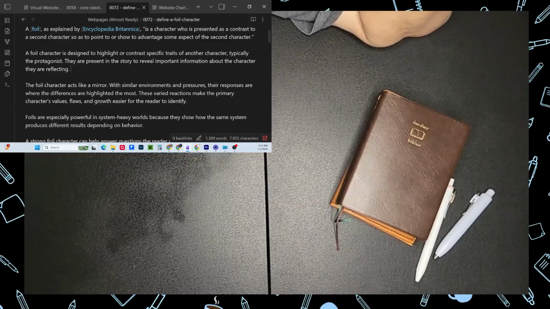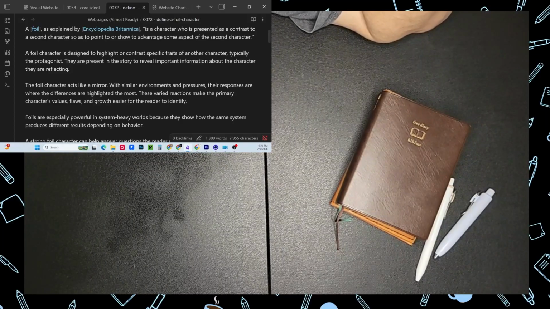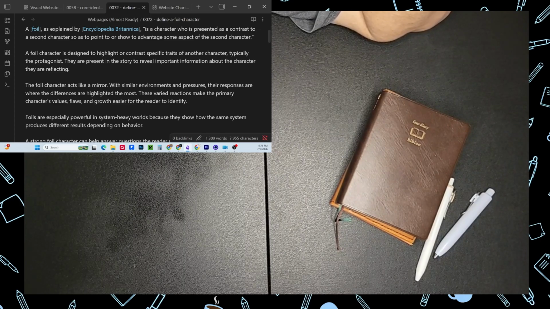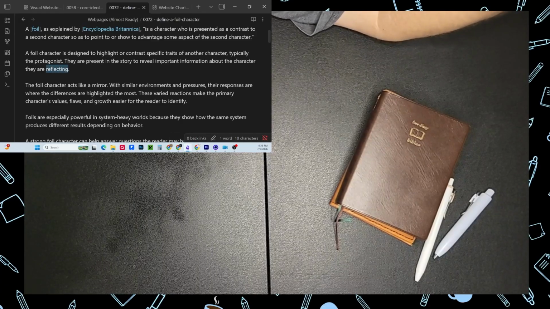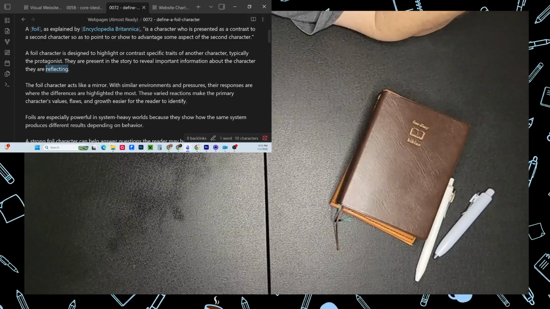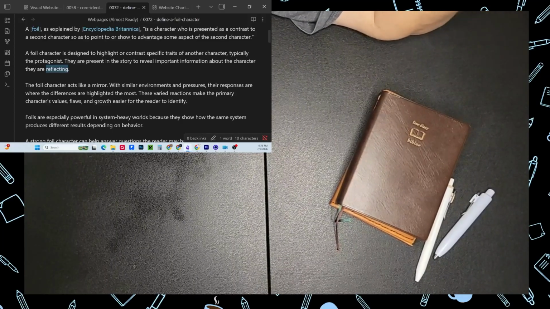I don't know if I would go with highlighting or... Okay, yeah, I think we did say highlight. They are present in the story to reveal important information about the character they are... Either highlighting or accentuating or italicizing. I mean, I would do something... They're not reflecting. They're not a reflection of that character. Let's look up